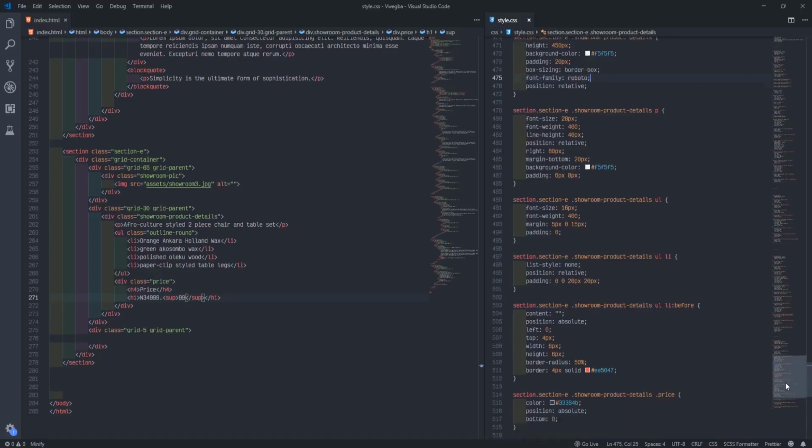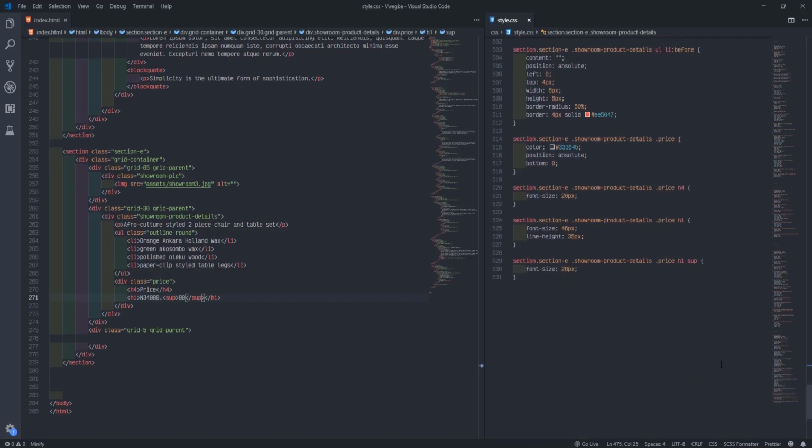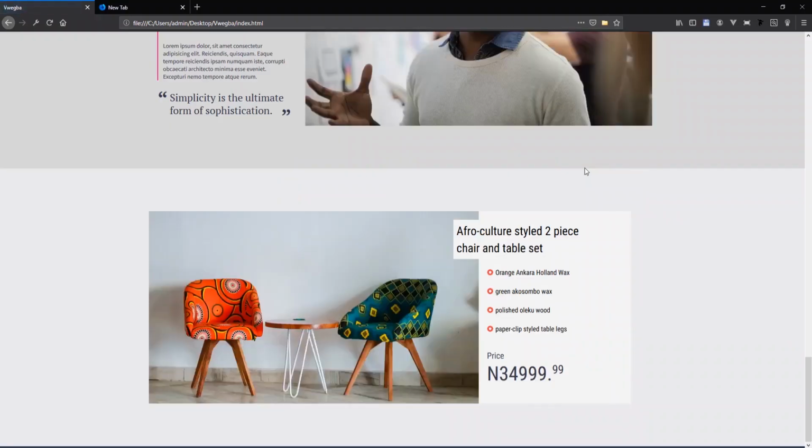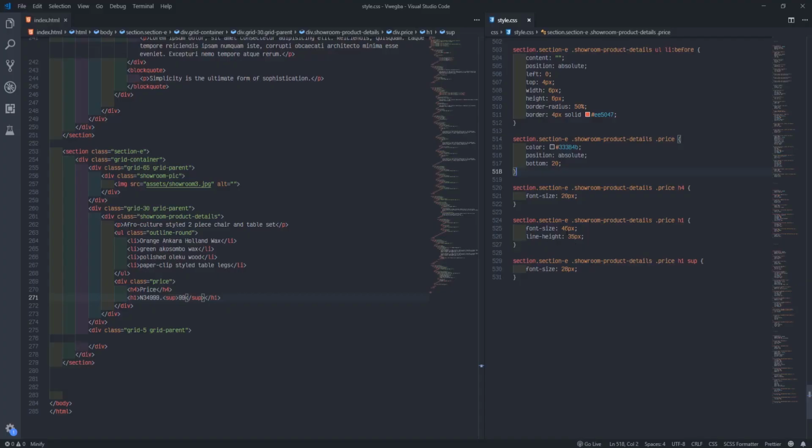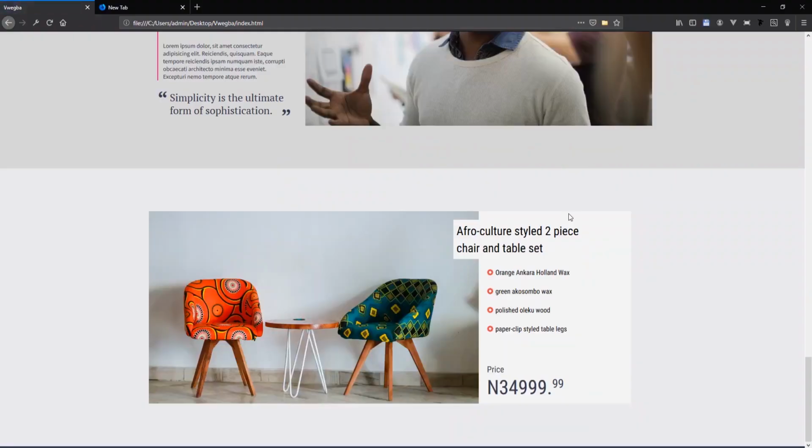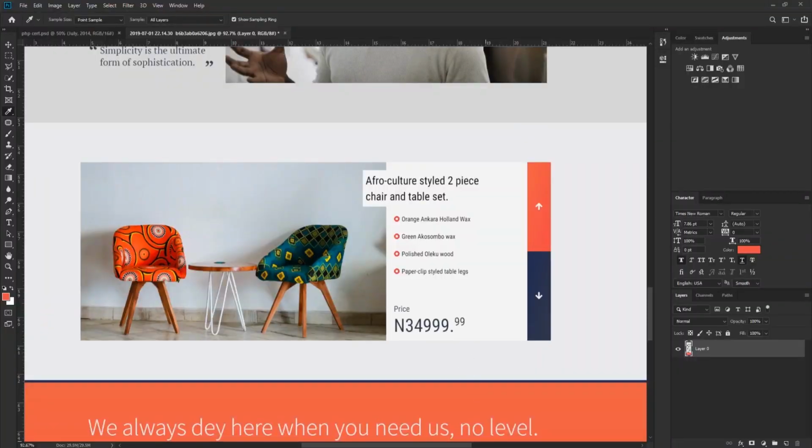Just push on small. How many? I might give it like 20. So I'll say 20. 20 is too big. Okay, sorry, I forgot the pixel. I don't know why I forget this every time. If I refresh now, I get this part.